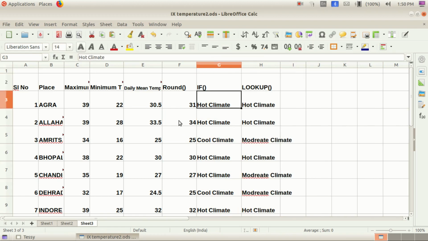Look here, only the climate. Look here, no formula. Look here, only text and data here. Look here, no formula. Do you see now? No formula, no daily mean temperature or round or anything is here. No function or anything is here. Only text and numbers. This is known as paste special, because if we need only the data, you can paste this way, children. Okay, children?